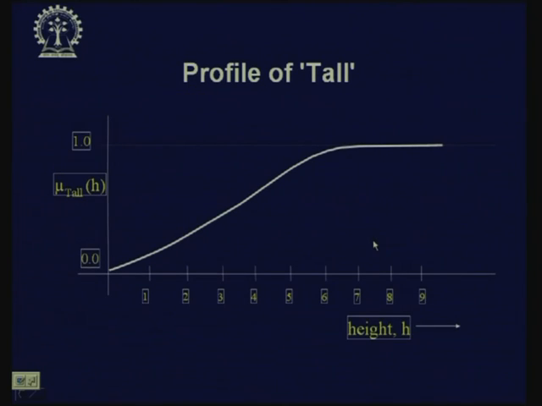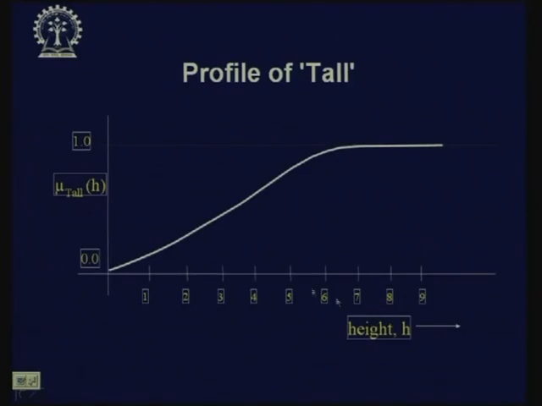So, here, we always describe these things in terms of some profiles, and these profiles reflect our conceptualization of the fuzzy term like tall. So, here is a profile of different heights, and this is my notion of tall. And what are my axes here? This is the membership 1, this is the membership of h, h is any variable on this axis, membership of h in the fuzzy set tall. This is a profile of tall. Okay. You must have realized this by now.